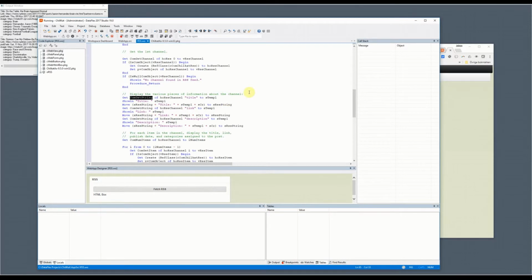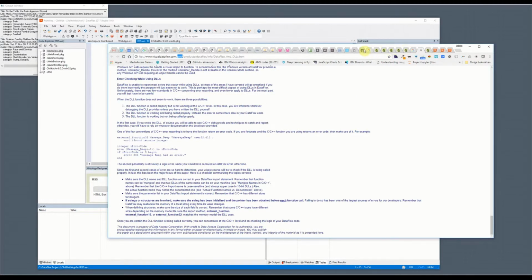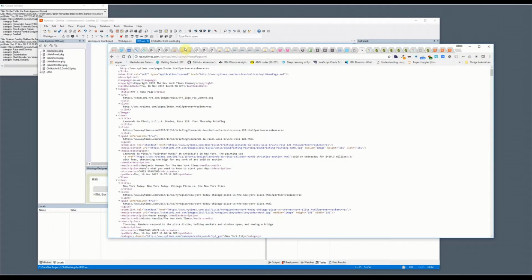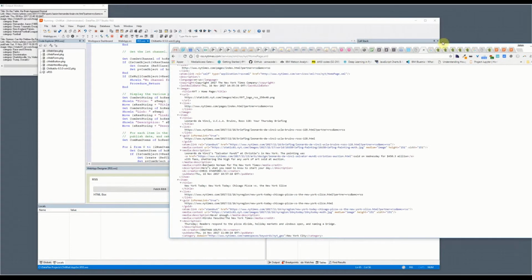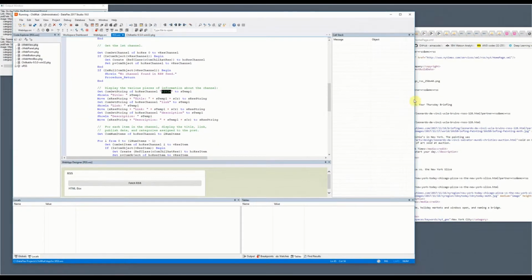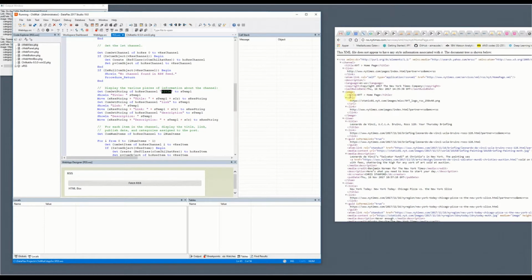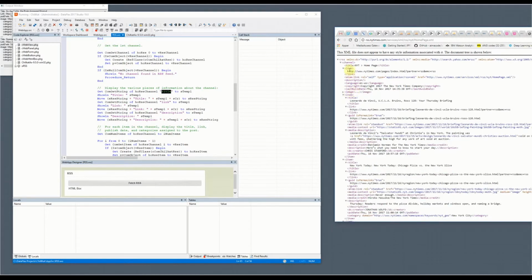And then we use this command getString, and this picks out the title. And we could have a look at the actual RSS feed. It's here, so you can look at that at the same time. So we look at the code. So you can see it picks the title. This is the image title, but we have a